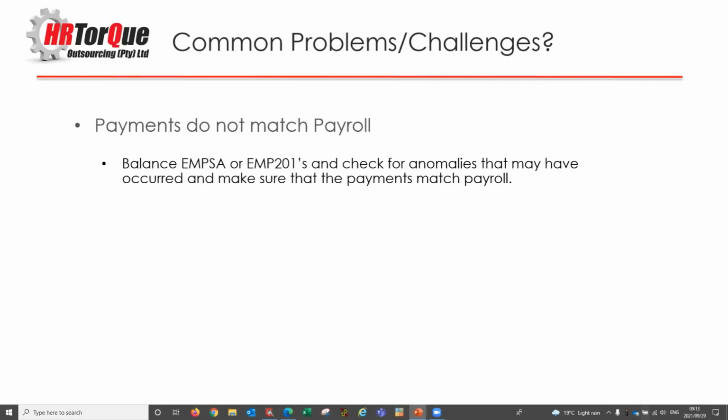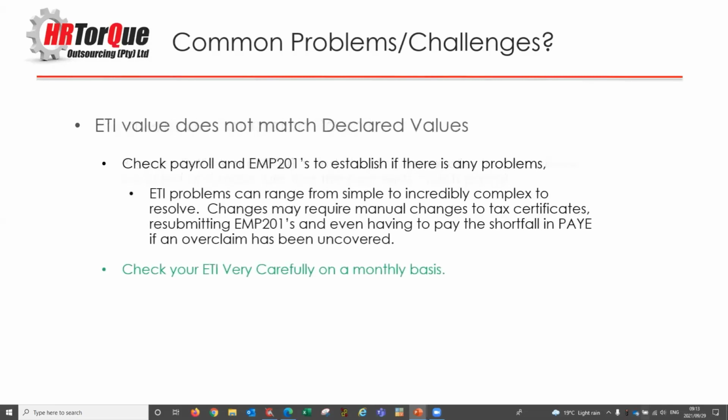And the last piece underneath here is the ETI values not matching up to the declared values. Now, this one can be fairly serious in that if you've overrun your 6-month period, there's not terribly much that you can do about it. If you have over-declared, in other words, you have claimed too much ETI, get that adjustment in as fast as possible, because the longer you leave it, the higher the penalties and the interest on the unpaid amounts is going